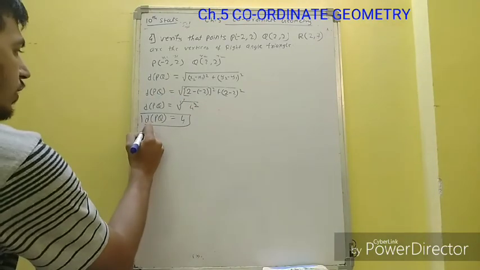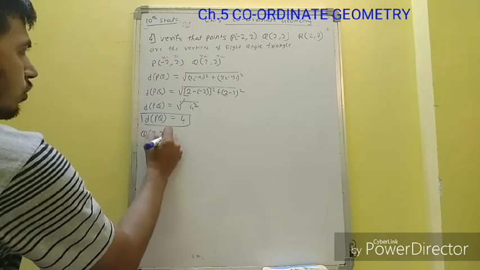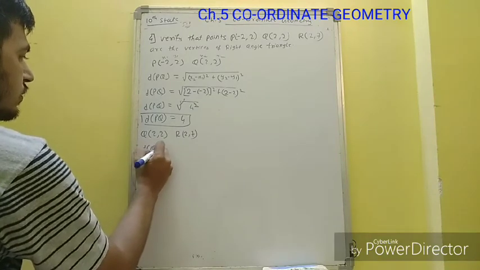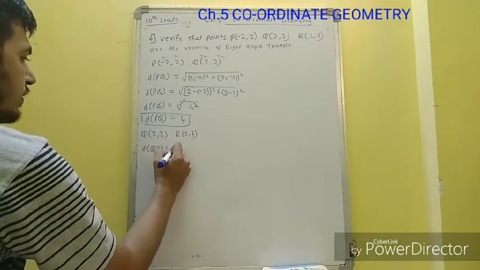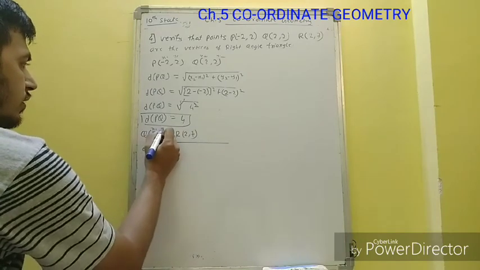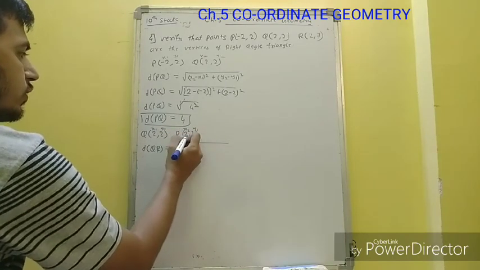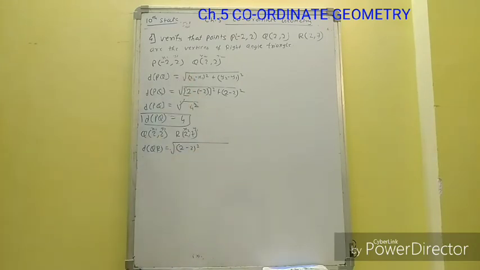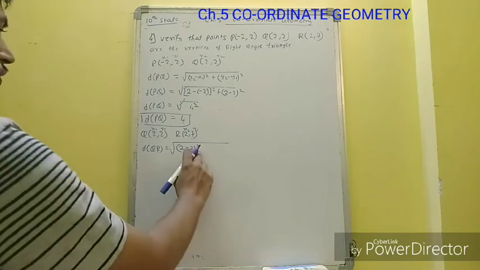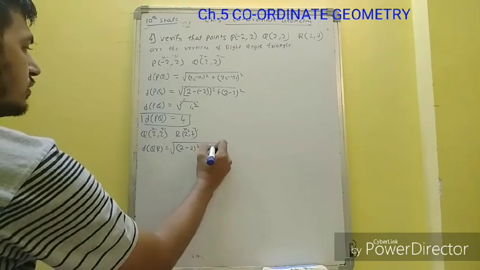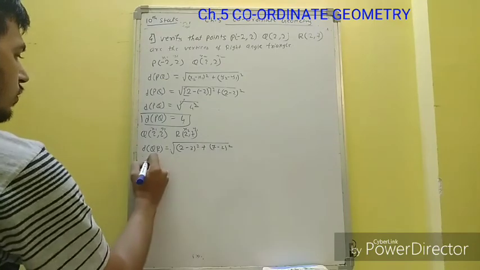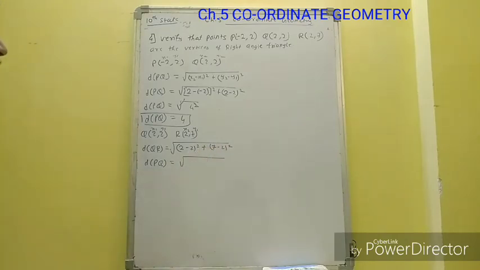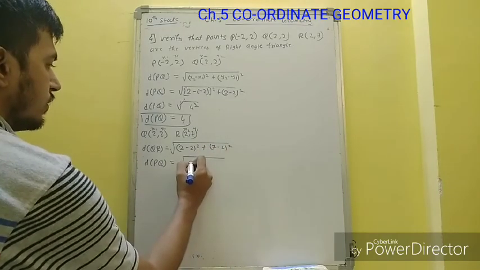Now we will find the distance QR. So Q is (2, 2), R is (2, 7). So this is x1, y1, x2, y2. x2 minus x1, 2 minus 2. Okay, I am not writing the formula, I don't have space, so please you write it. So (x2 minus x1) the whole square plus (y2 minus y1) the whole square. Here 2 minus 2 is 0, so we have 0. I will not write this.